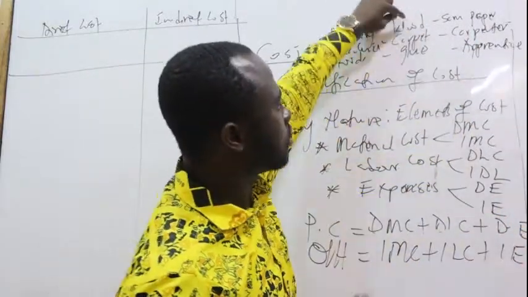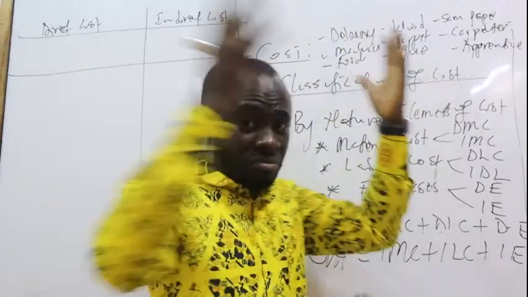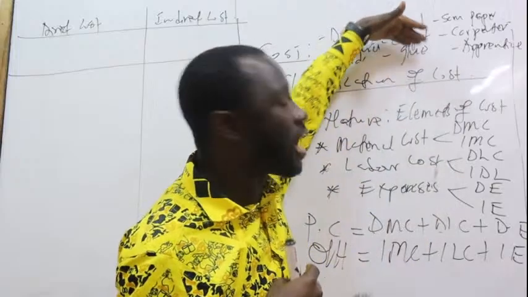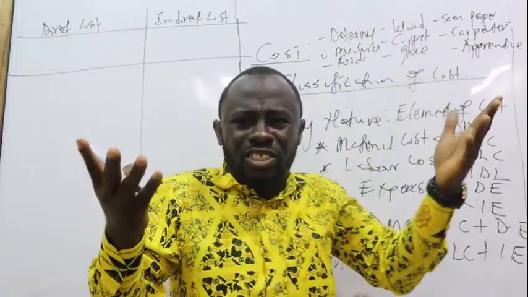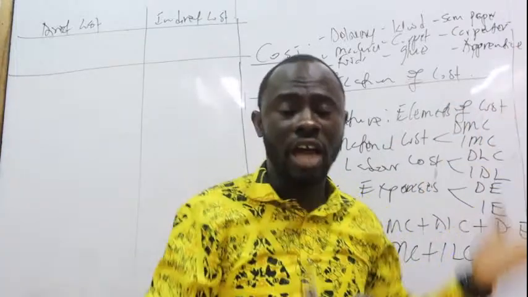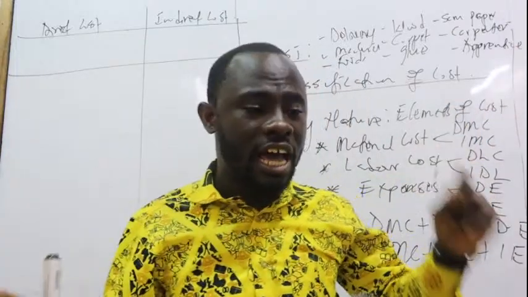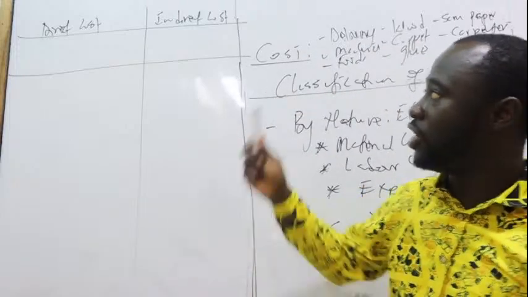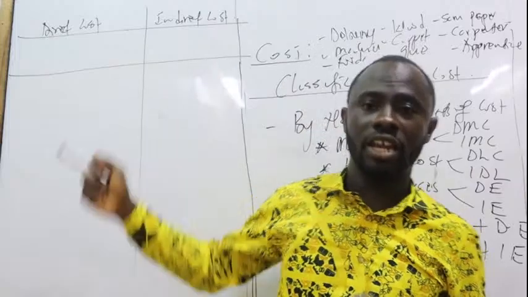So for instance, the wood, the carpet, the glue is huge. It's big. We incur a lot of cost on the wood, on the carpet, on the glue, but the sandpaper's cost, I mean, it's not that much. It's not that huge. So that is what? An indirect cost. So that is also another difference that we can talk about when dealing with the issue in relation to the difference.